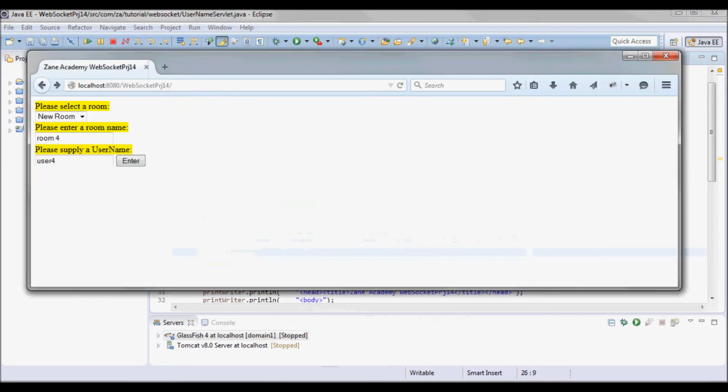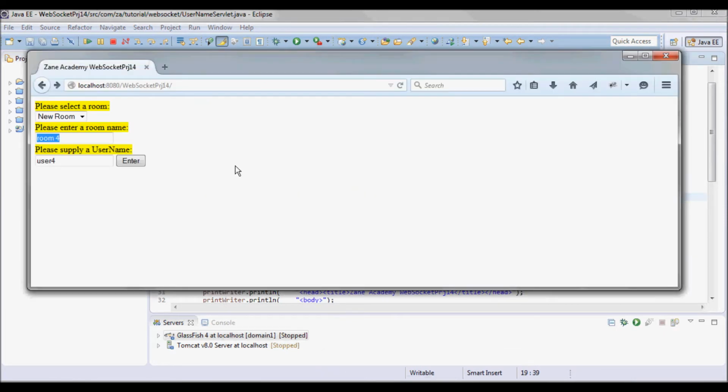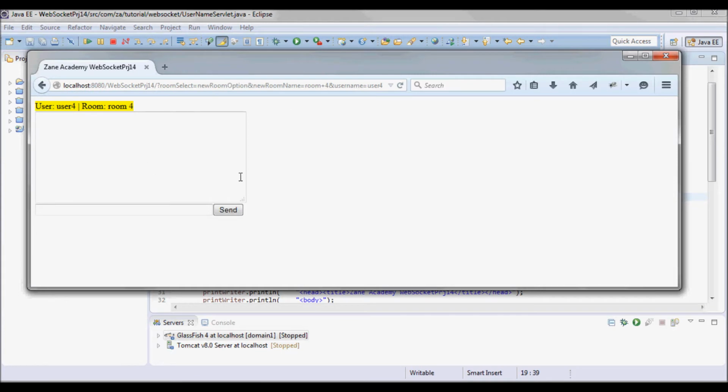And if the user selected the new room option, then I need to pick up the room name from here. So I'll do this. If room name is different than null and room name is equal to the new room option, then I'll set the room name to be request.getParameter new room name. The remaining part is the HTML and JavaScript code that would generate this screen.